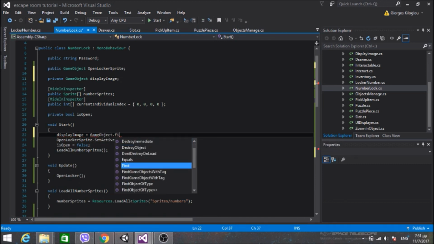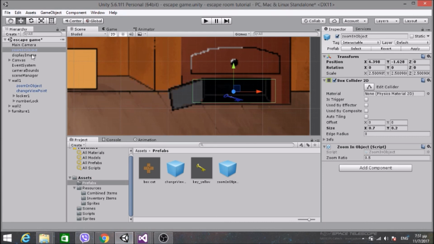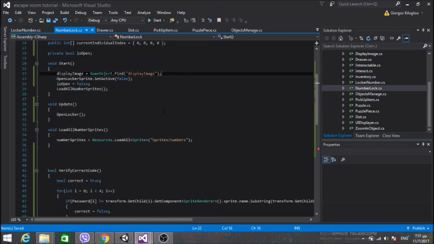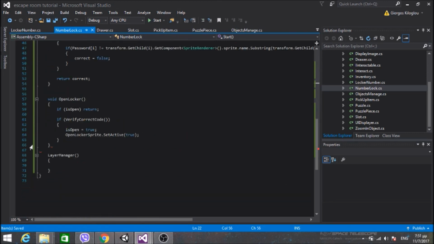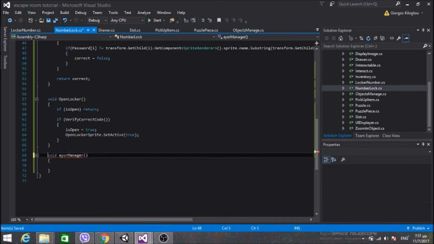Game object find display image. Alright. And what I want to do with this one. Yeah, this is a void. Oh, this is a void, and within this function,